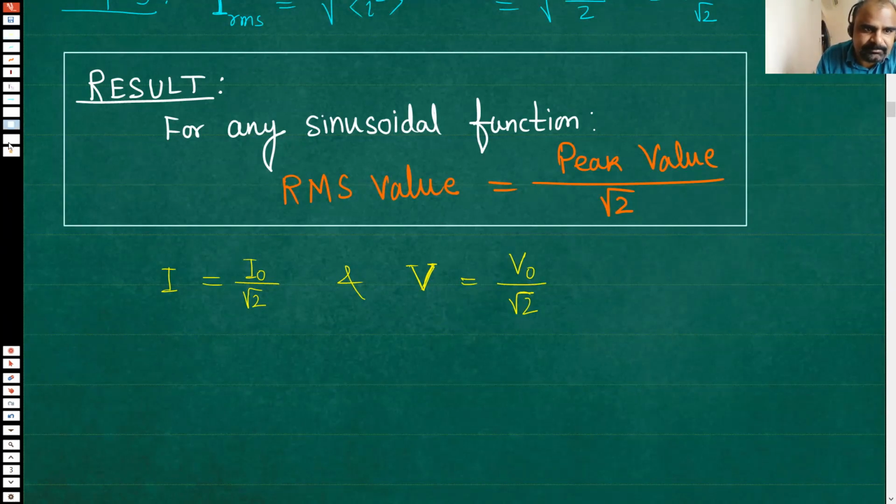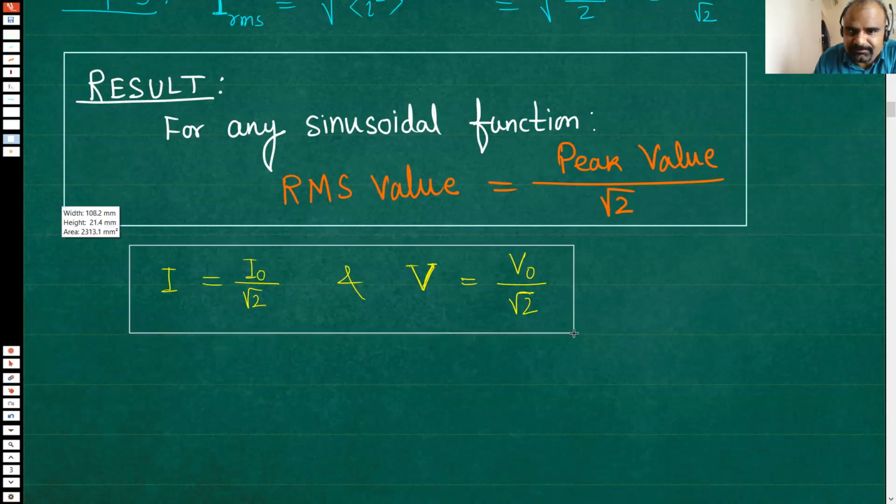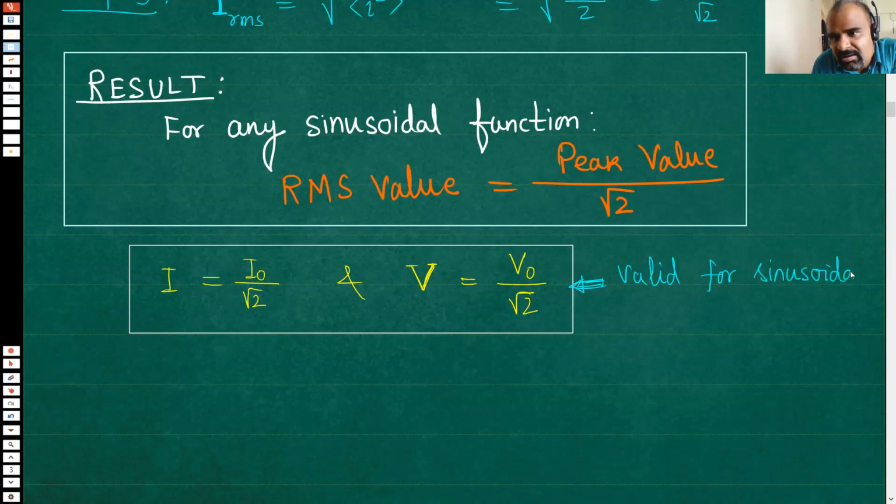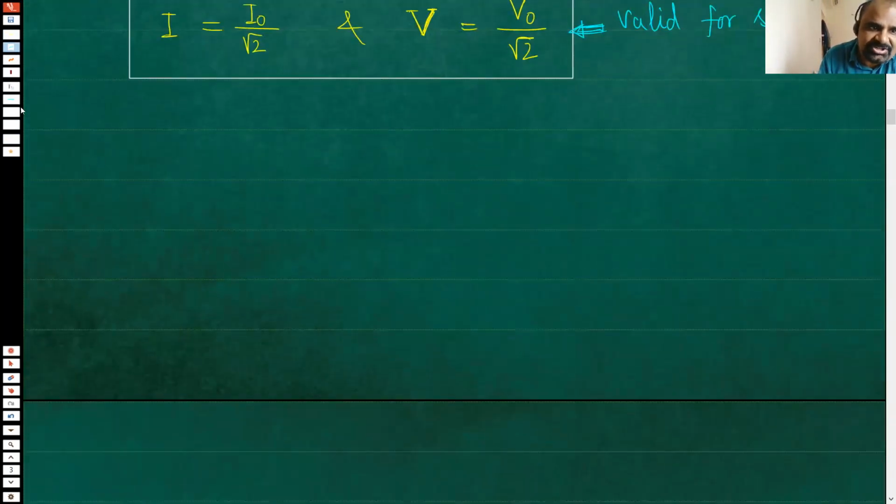That is why it was valid. Okay. But this is valid only for sinusoidal AC, which is actually the reality because in our household, we get sinusoidal AC. Valid for sinusoidal AC. Now, I can give you a question where the AC is not sinusoidal. Let me show you how. See, this question which I'm giving you,